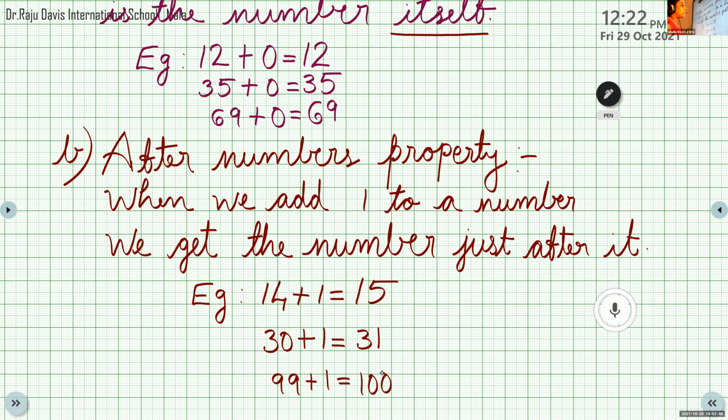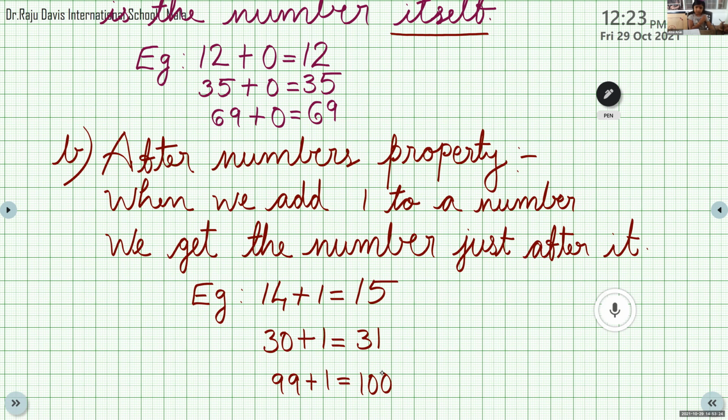Abel CB, what is your example? Which one did you write? Your own. Abel, you didn't write. Okay, please write. Ma'am, my example was 15 plus 1 equal. Okay. So all of you write one number plus 1. Okay, no problem.